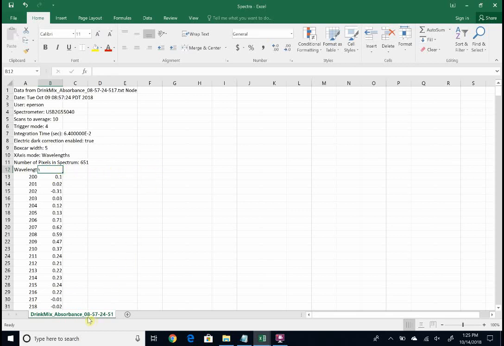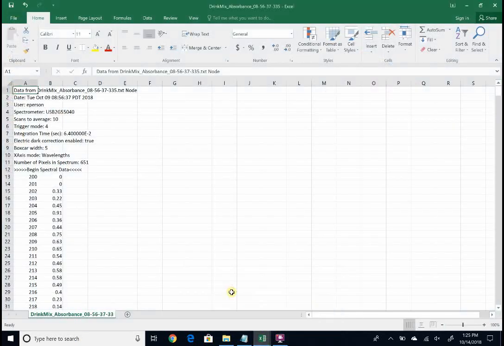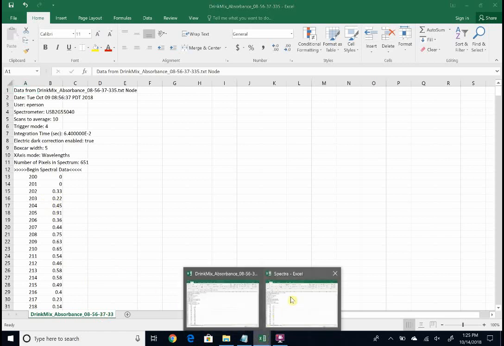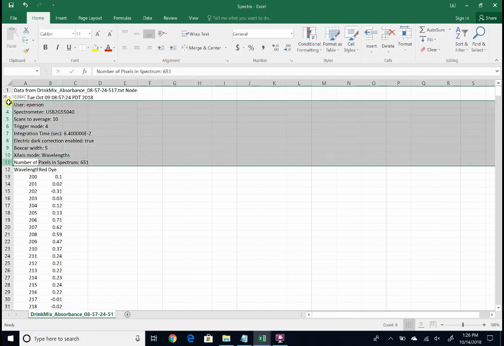So I'm going to look at this one. This is 8:57 and 24 seconds, and my other file I think was probably earlier, and this is 8:56. So this is my blank data, and the one I have open is my red dye. Okay, and I just have one set of data this time. I'm going to go ahead and delete these rows at the top,